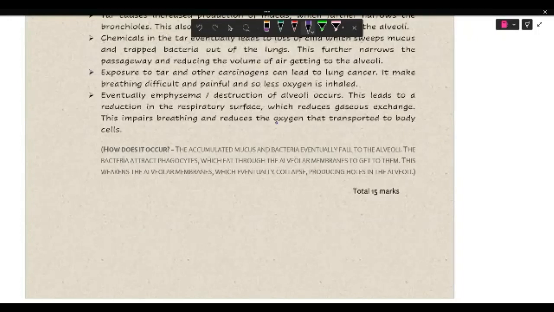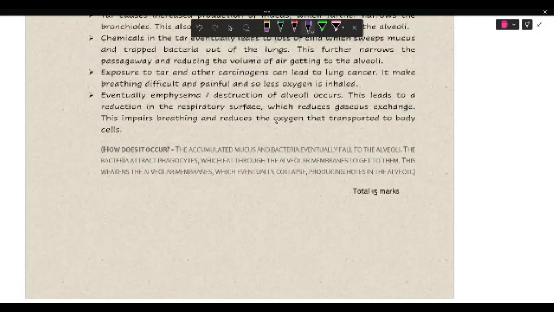And the phagocytes, in their enthusiasm, are going to eat through the alveolar membranes to get to the bacteria. They're not checking to see what's going on. They're like, bacteria, run after it, bust through whatever alveoli, I don't care, I need to get to the